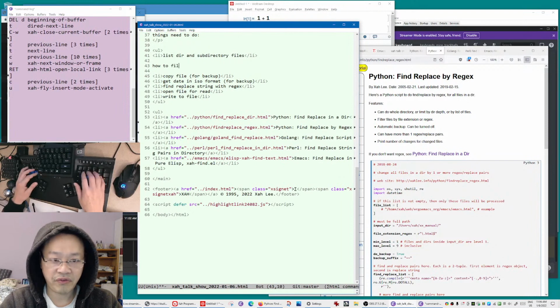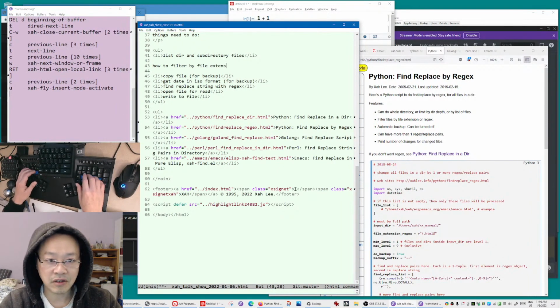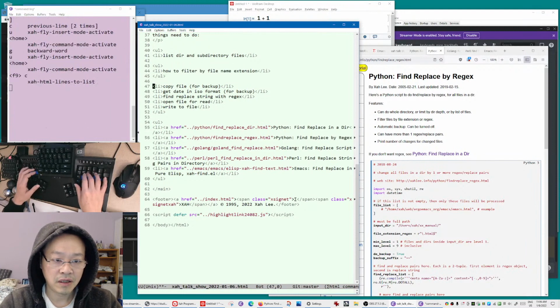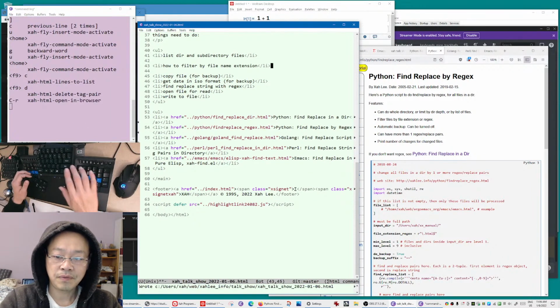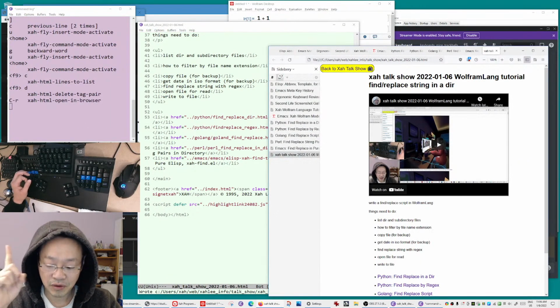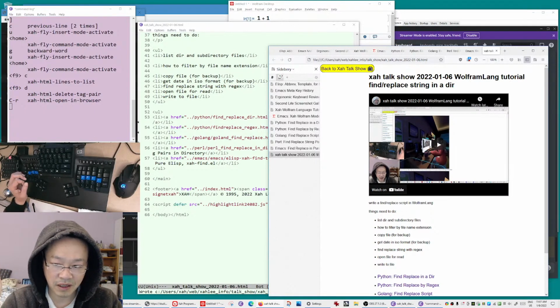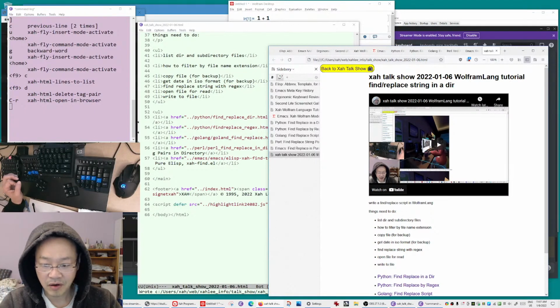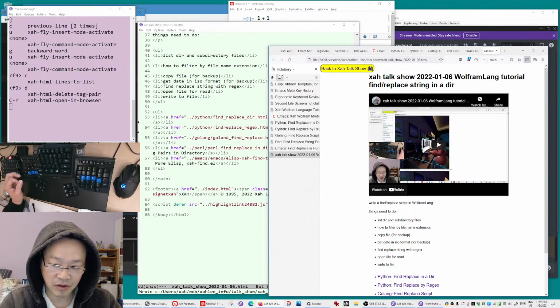How to filter by file extension, file name extension. Okay, so that's another thing you need to know: how to list directories, how to filter files by file name extension. For example, you want to find replace on all HTML files only, or all CSS files only, or JavaScript files,